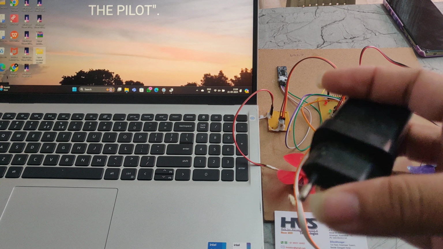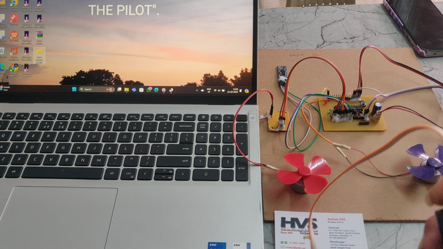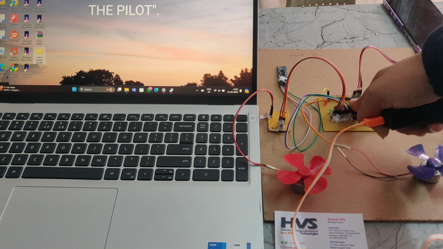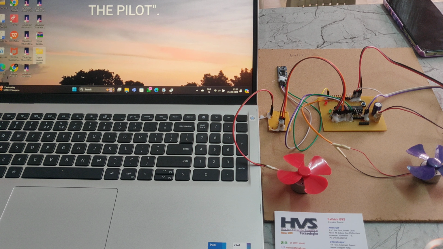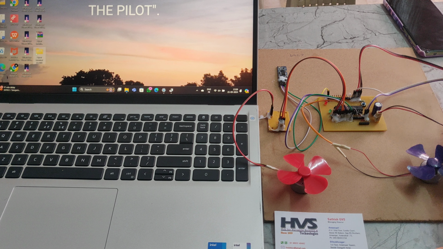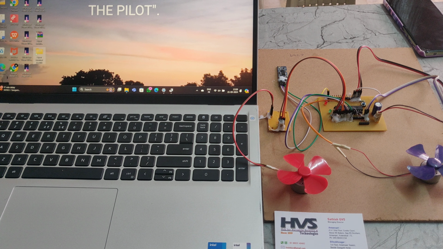It takes a 230 volts power supply and gives 5 volts of DC, and that 5 volts of DC will be given to this PIC microcontroller board. Using this PIC controller board, 5 volts will be divided equally to these DC motors and Zigbee, and also 5 volts will be utilized by these temperature sensors. I am giving the 5 volts power supply here, and also we are using a